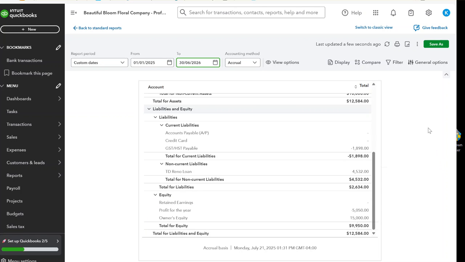I'm going to stop here for chapter 3, and I'm going to do another recording for chapter 4, which is working with customers, and that's where we're going to be importing some of the files. So I'm going to pick up where we left off. At this point, I am going to stop my recording and then start with chapter 4. I'm only going to be doing the reinforcement skills, and I am going to do your applying your skills. Those are the ones that work with Beautiful Bloom Floral. If you need more practice, you can work with the company with your sample data